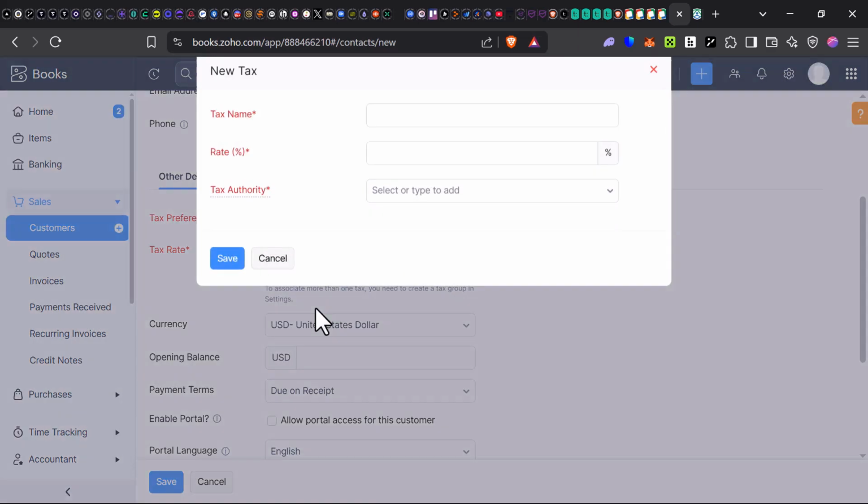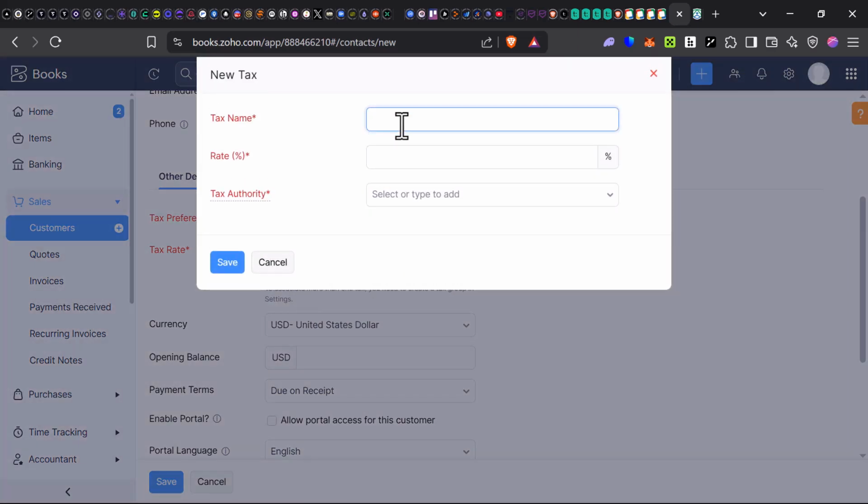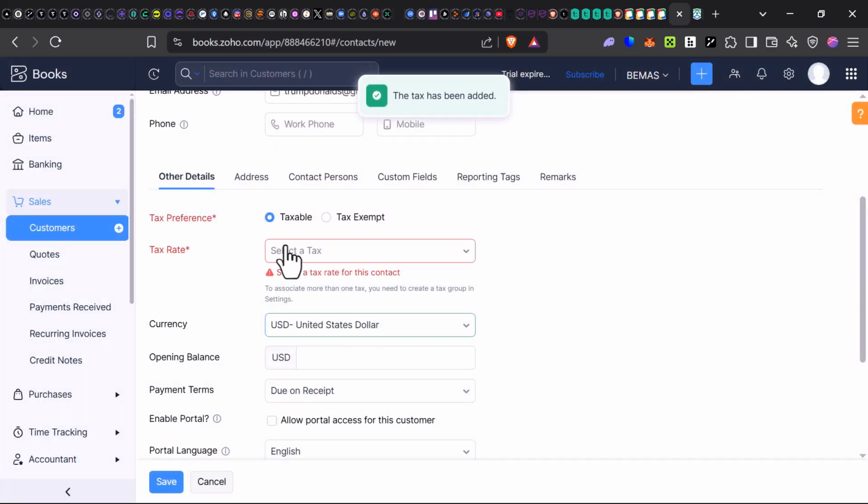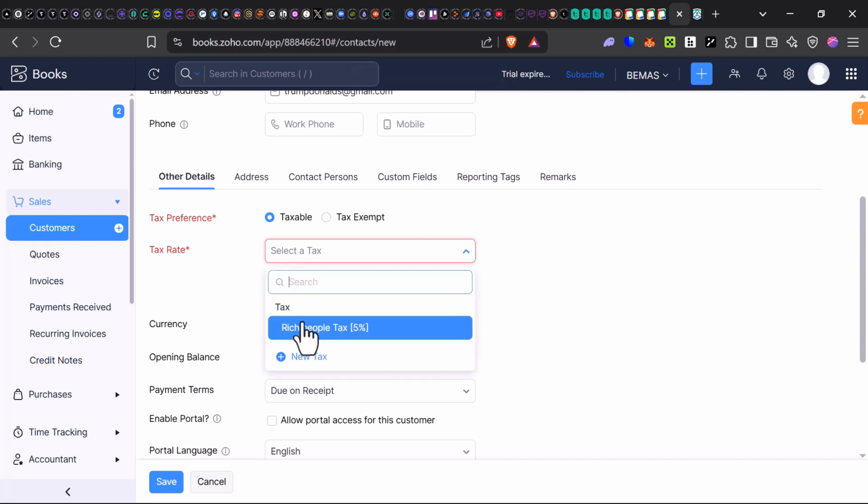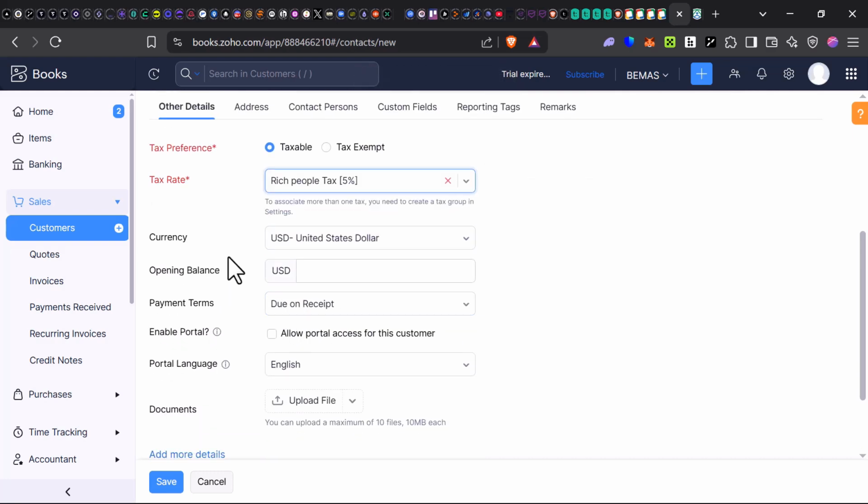Let's just simply create a new tax. Let's just give it a name. And then what's the percentage? 5% tax. And then tax authority, select or type to add. And then click on save. All right, so now go ahead and select the tax, and then if you scroll down, you can select their